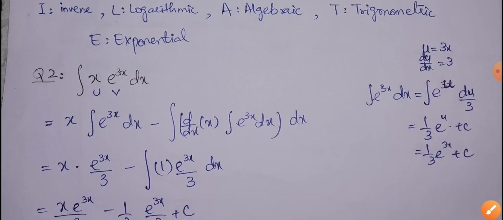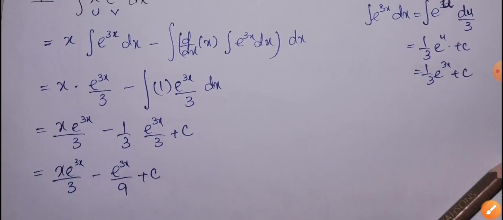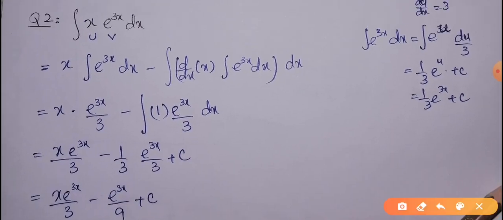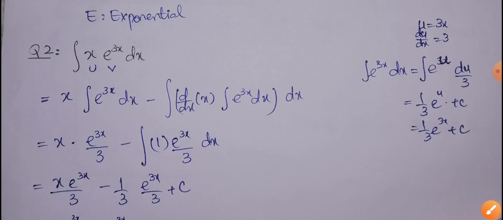Now we are going to apply integration by parts on this function. So here you can see u as it is, integral of v, minus the integral of the derivative of u times the integral of v. So the integral of e power 3x dx is going to be the integral of e power u du by 3. Here I have taken the substitution, u is equal to 3x. It is going to be e power 3x over 3 plus some constant c, and we can solve it directly as well, as we perform in differentiation.